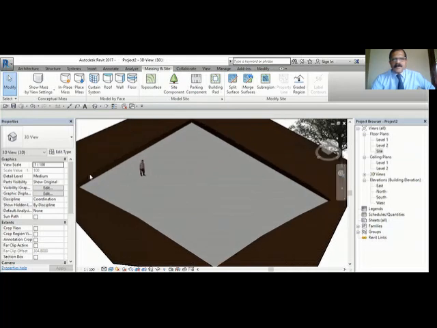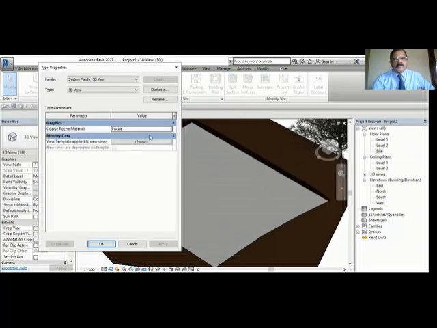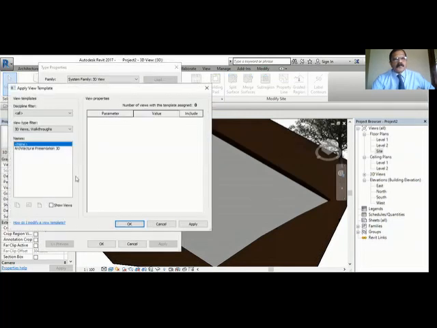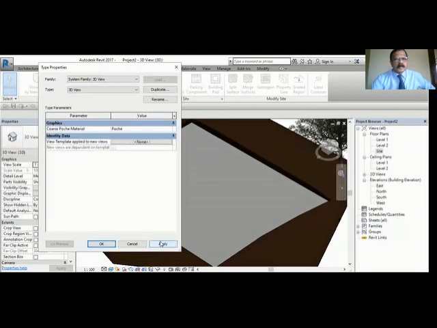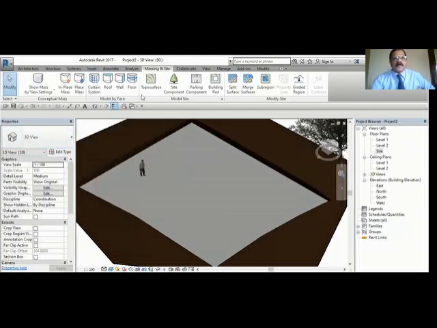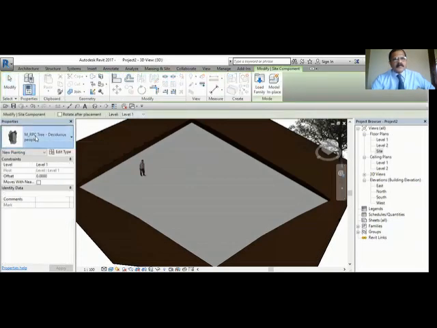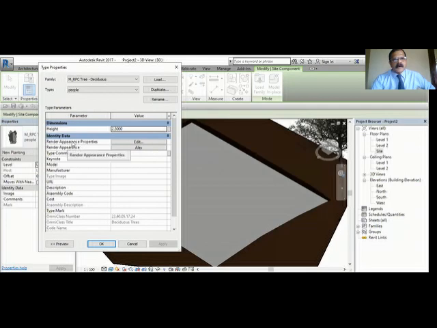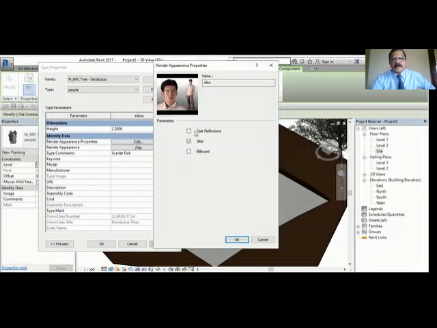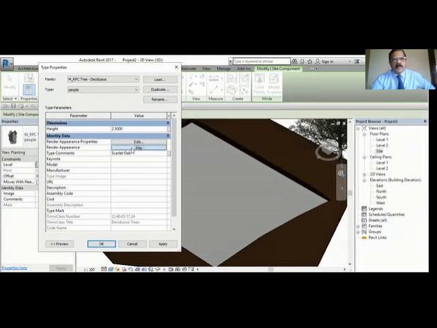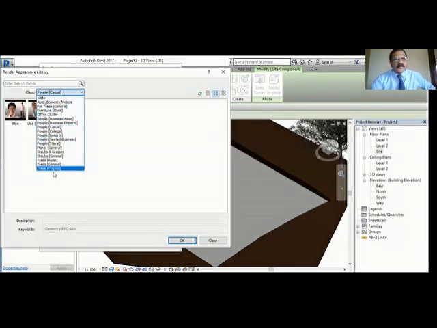So like this, you can bring a car also. And if you see, there is no car available here. And one more important thing is that when you bring the site, this edit, there are different types here. So many there, you can select whichever you want. Edit type, you have to select. There is a render appearance properties. You have to click this and say cast, reflection, or something like that. If you want shade and something like that, you can want that. So there is no vehicle available here.